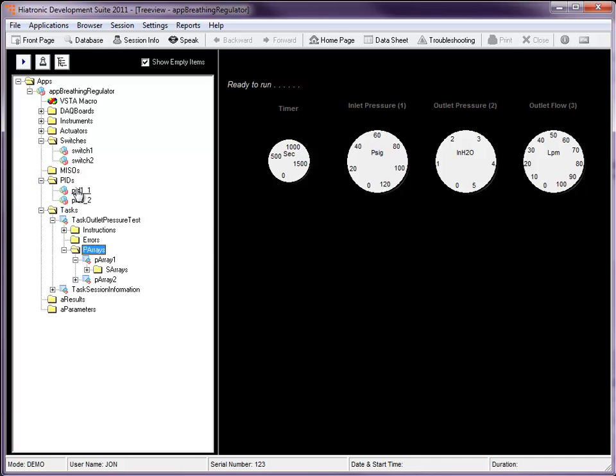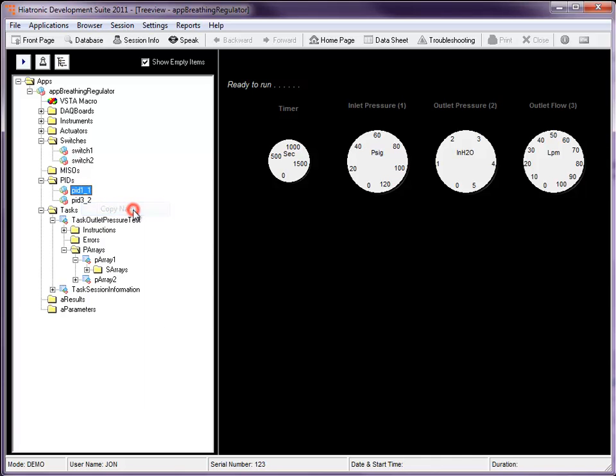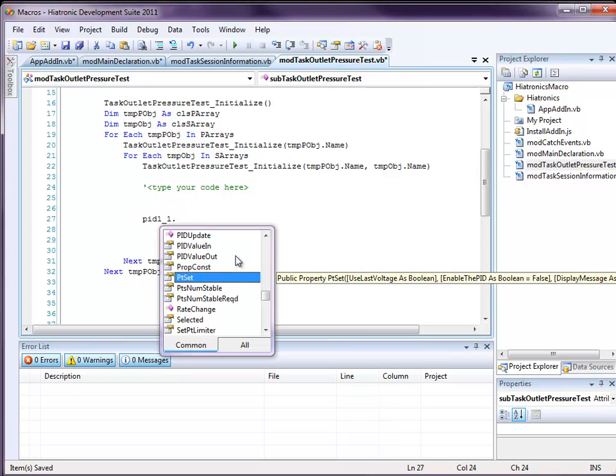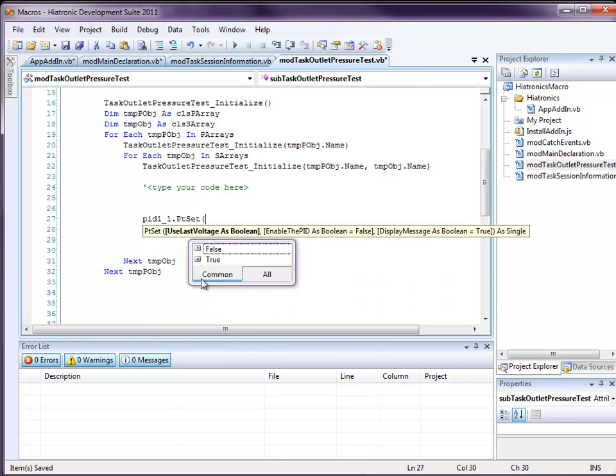Actually, we're going to copy PID 1, copy that, paste it, dot, point set, and then put parentheses, use last voltage, we'll set that to true, enable the PID, set that to true,